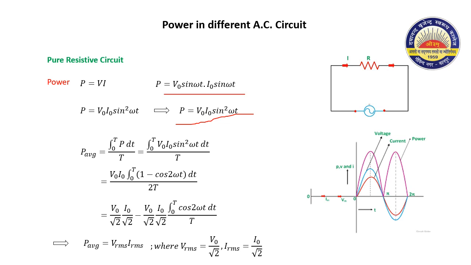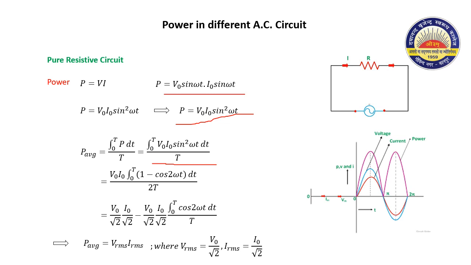Now, to calculate the average power, first we have to integrate this power over the time period T and then divide by the total time period T. So we will get it something like here,